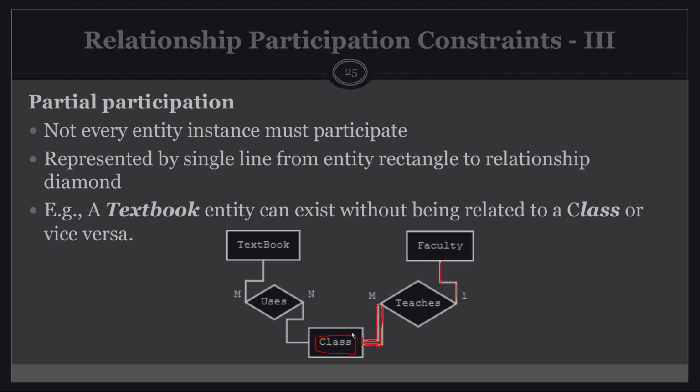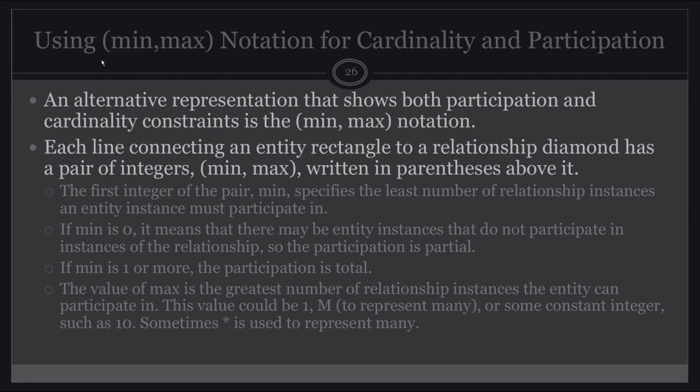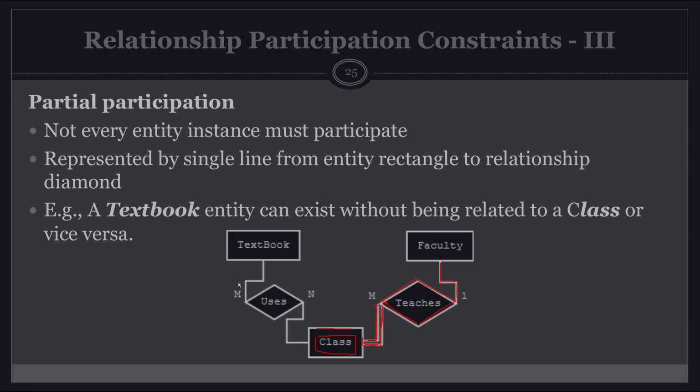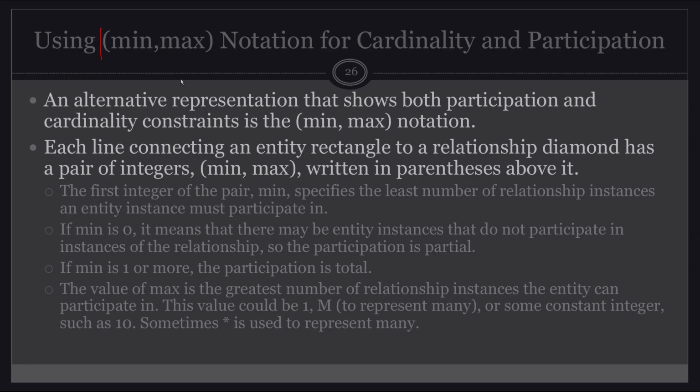To say that this relation, the class has to be participating in this relation. There has to be a relation between the class and some faculty member, okay? And there's an alternate relation notation rather than the single line and double line. You can have min-max, which is more